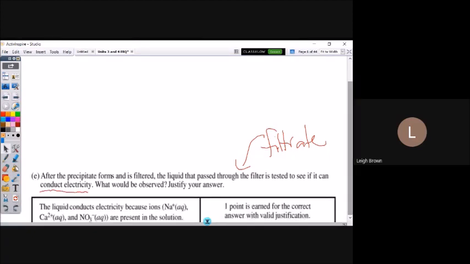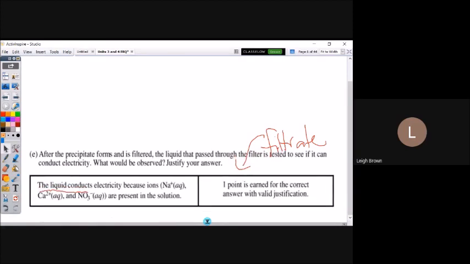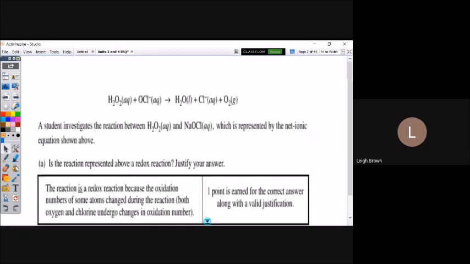Okay, so the answer is yes, it will. And you needed to say there are ions present in the solution. Okay, now you should have known there are sodium ions and nitrate ions. If you mentioned an ion that wasn't present, you did not get credit unless you had actually drawn it. Anyway, just look at the picture and say there were ions present. And again, saying sodium ion and nitrate ion, and hopefully calcium, if you got that right, would make your answer more specific and even better.